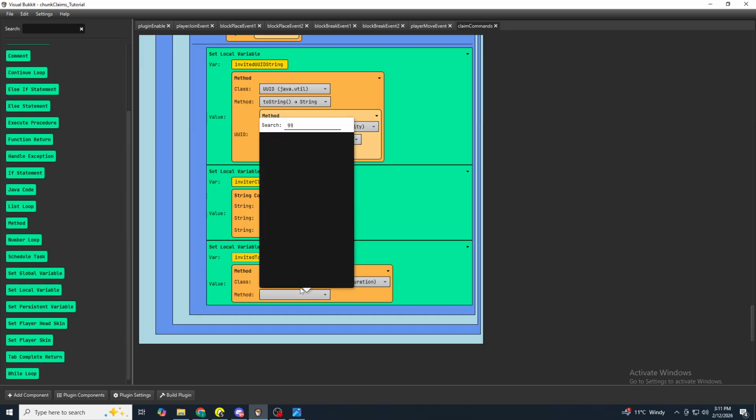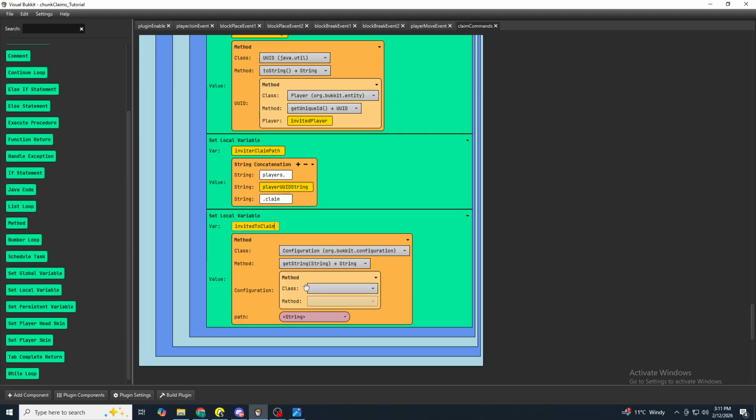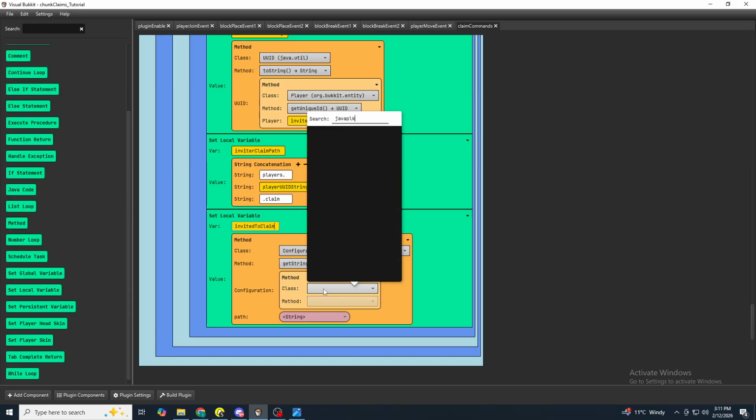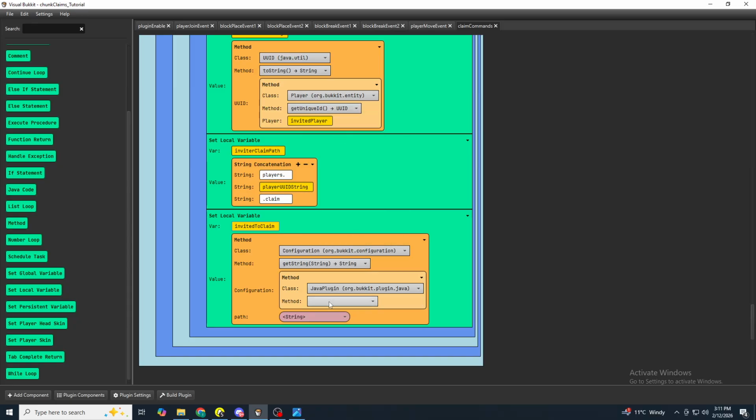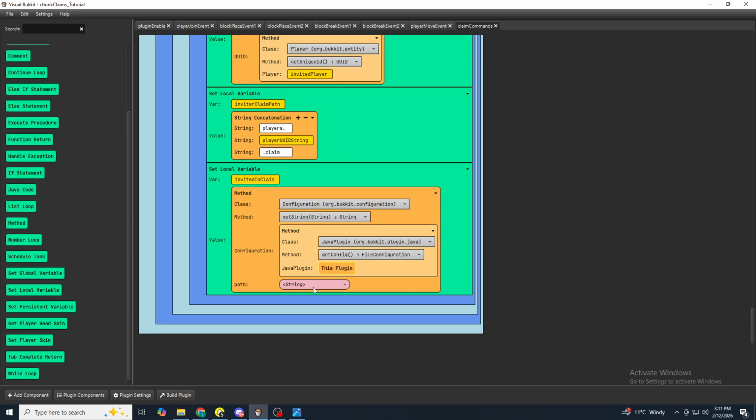And this will be get string. And the configuration is going to be a method. Same one we usually use to get the config. So Java plugin, get config from this plugin. And the string here will be,